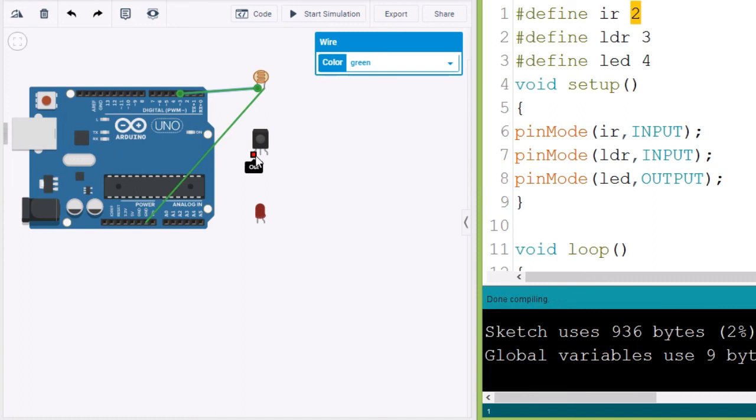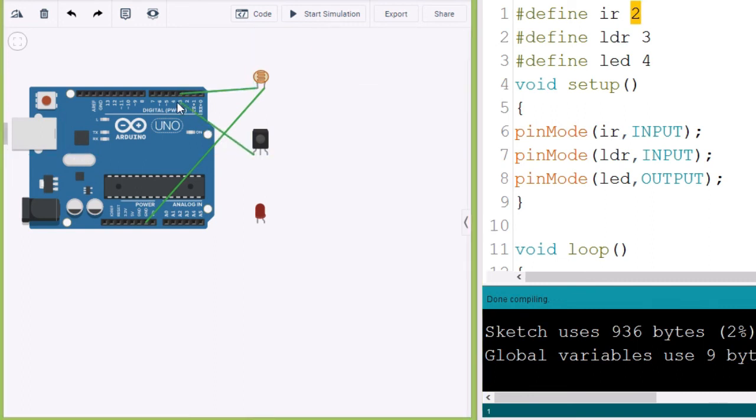So I'll be connecting the output of the IR sensor to the digital pin 2, the ground pin again to the ground of the IR sensor, and the power will be connected to the VCC or the 5 volts of the Arduino board.